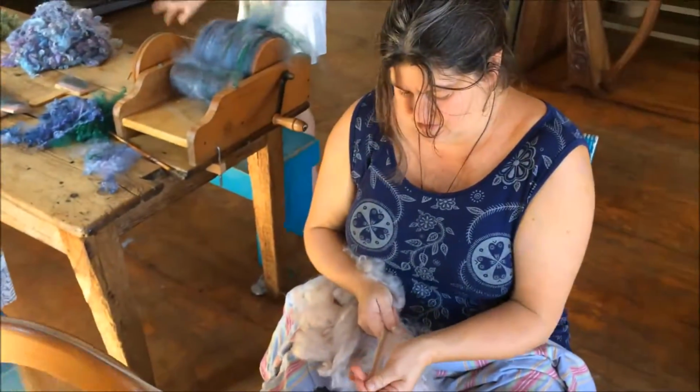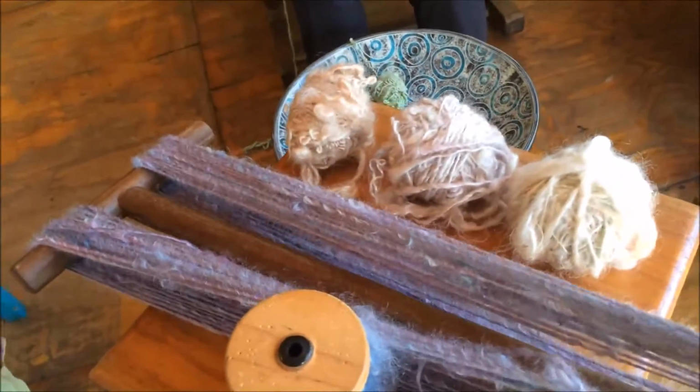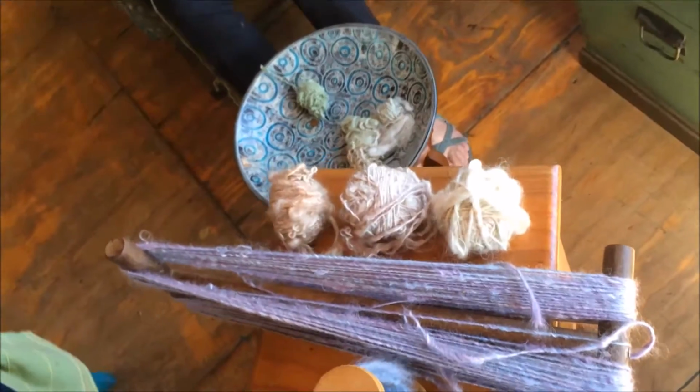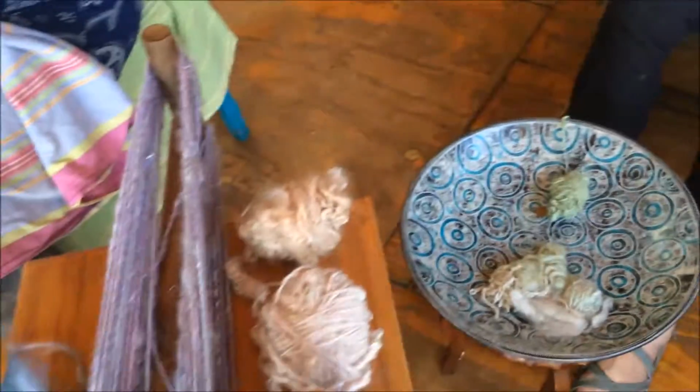Now Lindi's got a spinning wheel in front of her and a bat on her lap. You see now this wool is passed in through the fingers very gently like that, and it comes through the spinning wheel and it goes onto a bobbin. This is called a bobbin, right? It's a bobbin. This is now wool, not imported, not manufactured, all from the goat right through into wool. From the bobbin, it goes onto a thing called a niddy noddy. Not joking, this is called a niddy noddy, and that makes the wool into a workable length and shape, into a skein, and from a skein it's turned into a ball, and from a ball we get ourselves a granny,